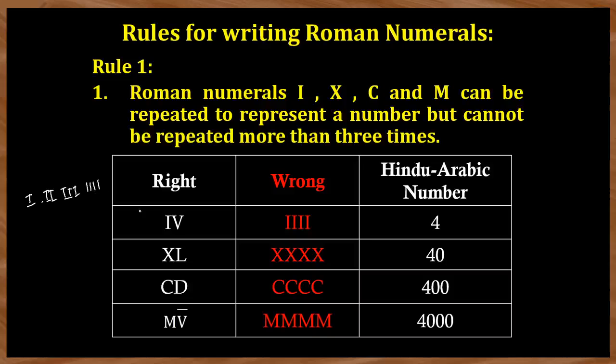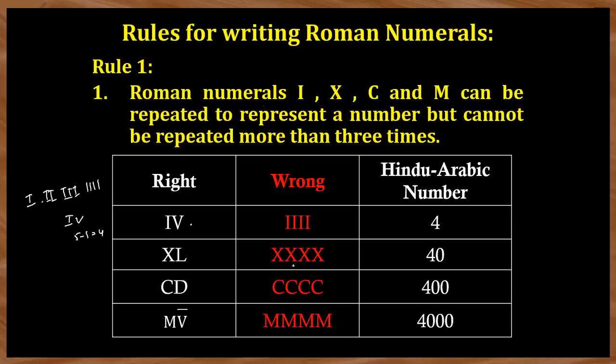So that's why to write the 4 you have to use this method. Subtracting 1 from the 5, we can find out the 4 in the Roman numerals. If you write a smaller number to the left of the bigger number, you have to subtract that. So this is 5 minus 1, which is 4. We can learn this in the next slide. But here, what is the rule? You cannot repeat I and X more than 3 times.